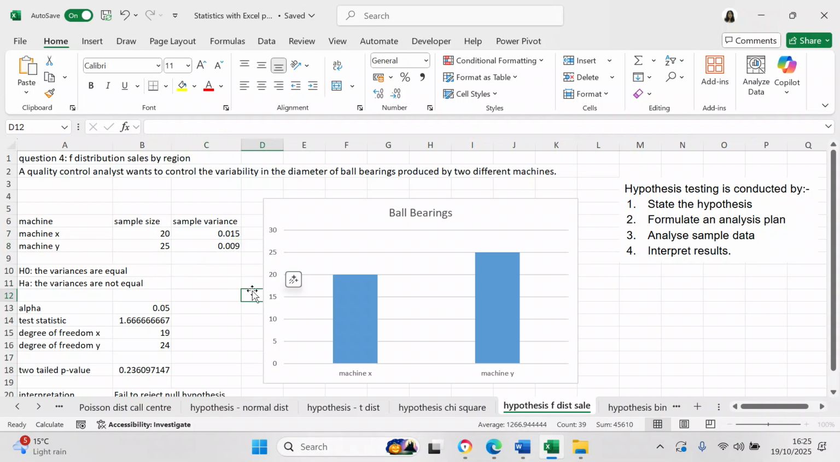So you've got to set your hypothesis. The null hypothesis is the variances are equal, and the alternate hypothesis is the variances are not equal. You've got an alpha, which is your significance level, of 0.05, and then you have a test statistic equals